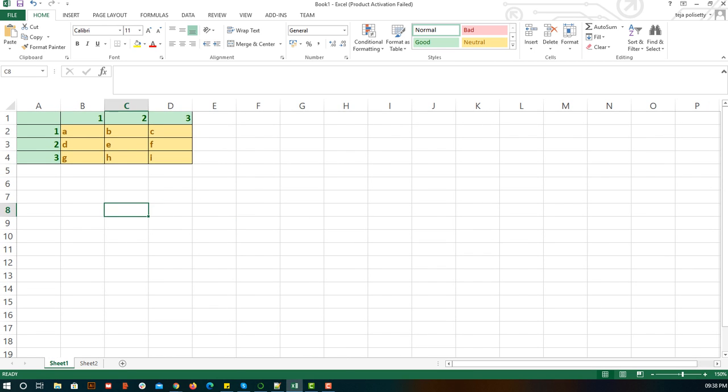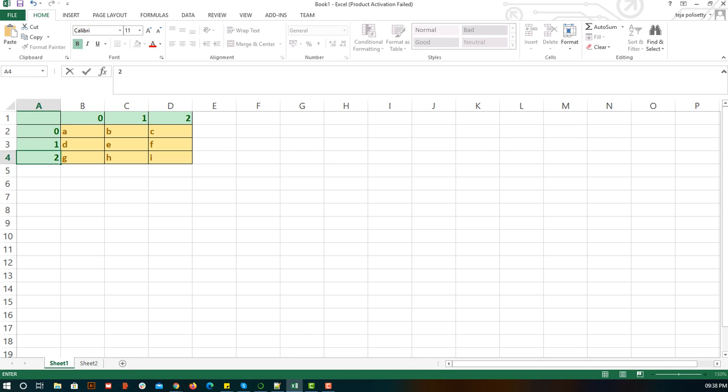Now if I want to select E, in programming I'll say that in the second row, second column, I want to access the value. And if you are aware of indexing, our numbers will start from 0. So this will be the 0th column, and similarly the rows will also start from 0.